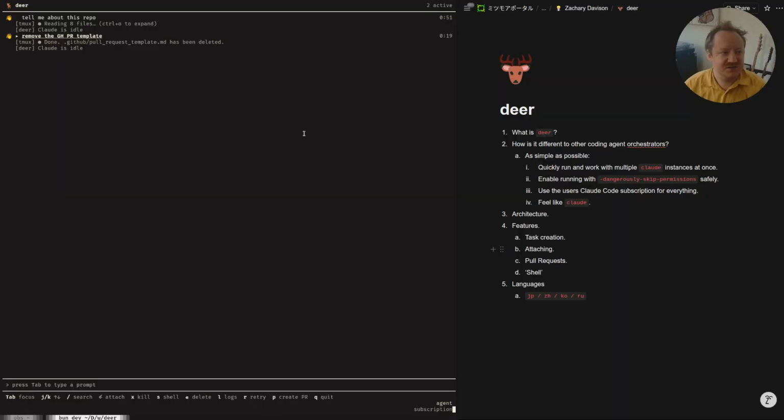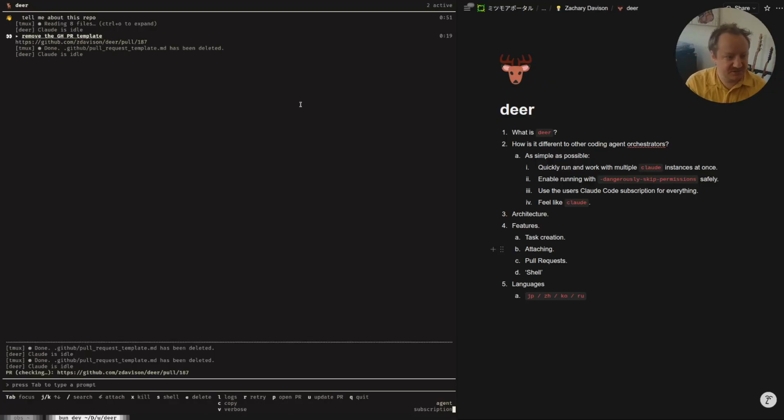So what we do here is we just hit P, and as soon as we hit P, you've got this little animation going. You can see over there. I think it's actually this way, right? The camera's inverted. And it'll create a pull request, and once it's done, we can look at the logs, the verbose logs, and you can see here that it does a few things.